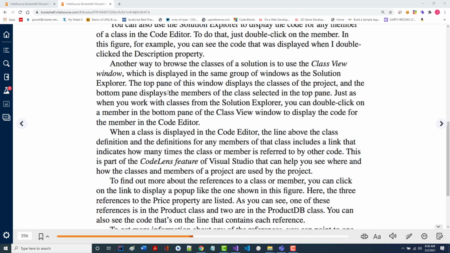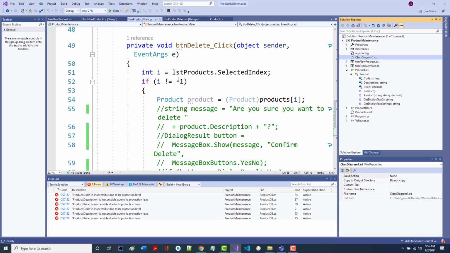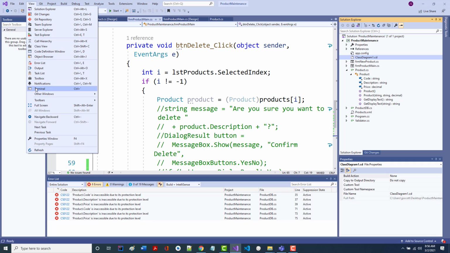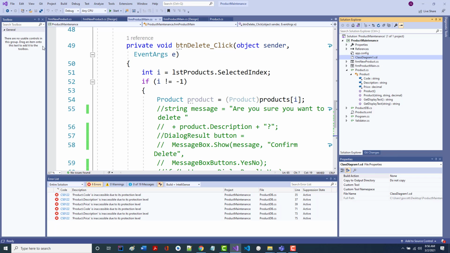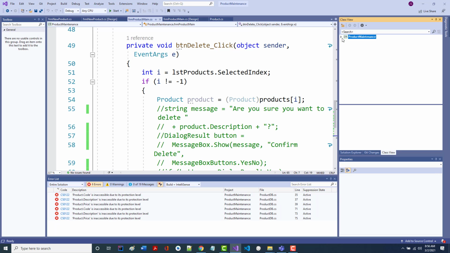All right. It's displayed in the same group of windows as the Solution Explorer. Well, there's another way we could try to look for it, because you know that if you go through View, the Solution Explorer is in here. There's Class View right there. Can you see this? If I click, there it is.